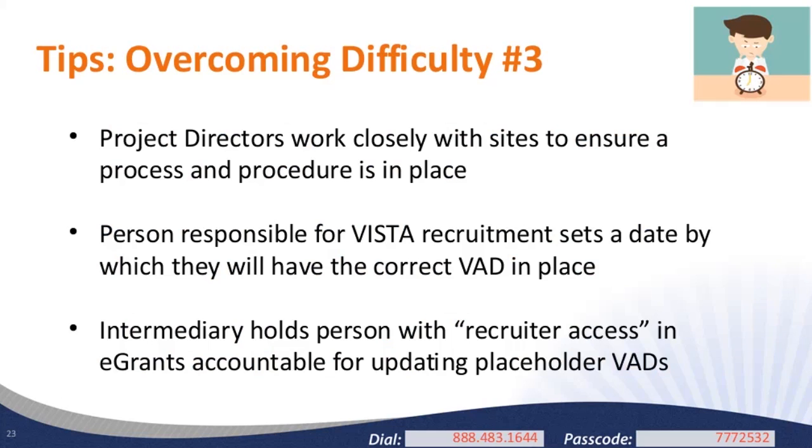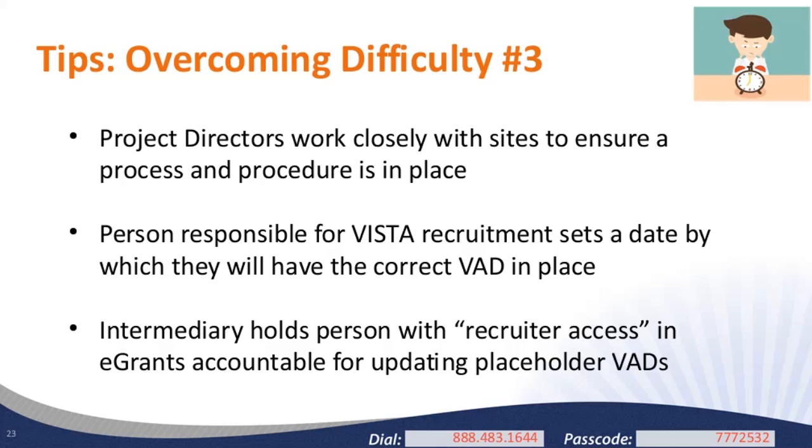So how do you overcome this? How do you overcome having those bad VADs, those placeholder VADs, or those incorrect VADs? Ideally, and what you should strive for, is to develop your VADs early so that the lack of a finalized VAD is not a barrier to recruitment. You should work to ensure that you have the correct VAD created and uploaded into eGrants before you post your opportunity listing and begin recruiting. As we said, we know that there are many times where it's not possible to have the VAD developed before you can start recruiting.